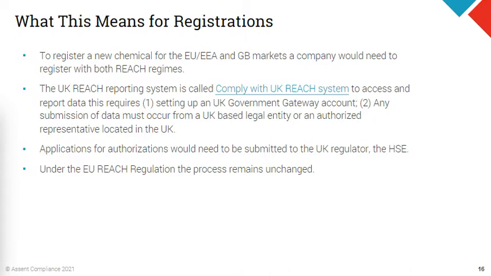Likewise, a UK company from, say, England, Wales, Scotland, can create data on the ECHA system, but they can't transmit anything for any notifications because it will just be blocked for saying you're not part of one of the EU 27 member state companies. But for the UK system, as we mentioned earlier, the system's called Comply with UK REACH. That is the UK REACH IT system, and you just need to set up an account with what's known as the government gateway account.